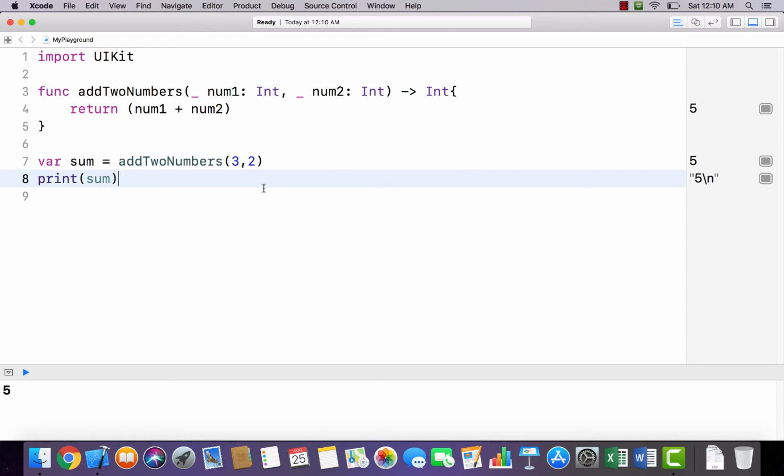Just make sure to understand how to pass values into a function. Here, these are called parameters, and these are called arguments. So the arguments are passed into the parameters, and then something is done to the values passed in, and then ultimately we return some information as an output, and that can be assigned to a variable that is outside of the function, like so. So just understand arguments and return statements. If you have that understood, then